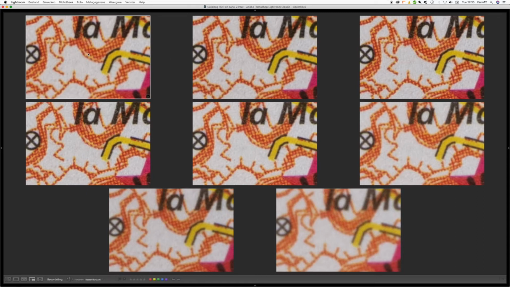So if I make my screen as large as possible, what I get here is from top to bottom, from left to right, the image series aperture 2.8, 4.0, 5.6, 8, 11, 16, 22, 32. And what I can notice here is that at f2.8 my image is not having the sharpest results, but when closing down the aperture one stop and then two stops, my image actually gets sharper,